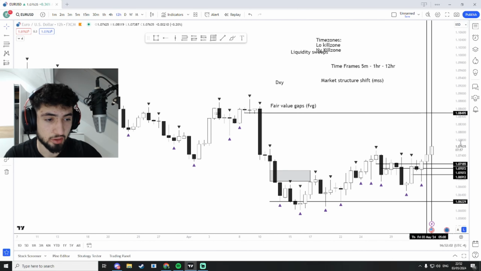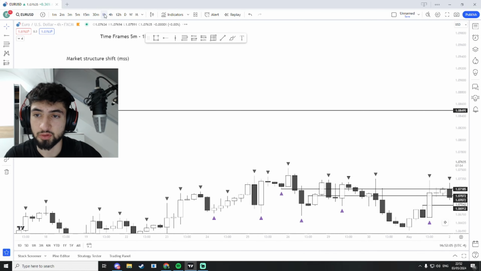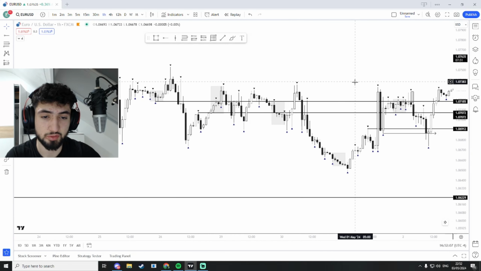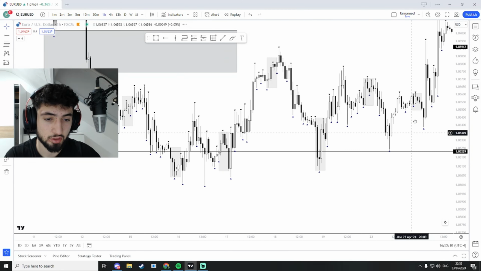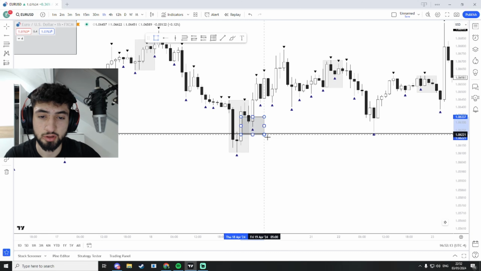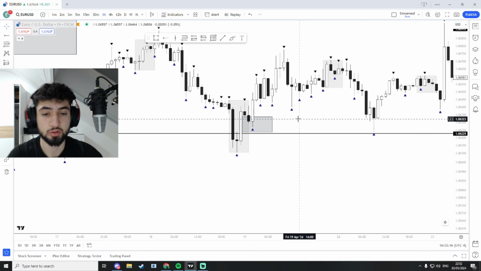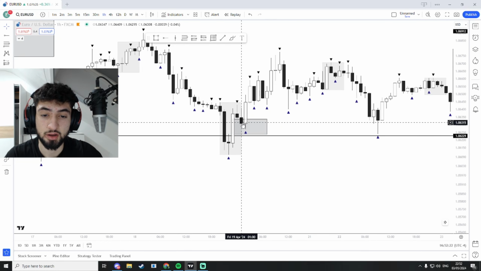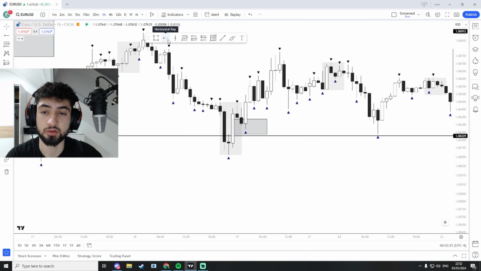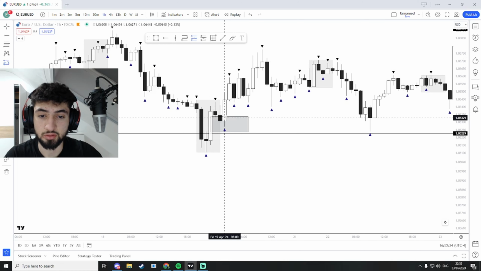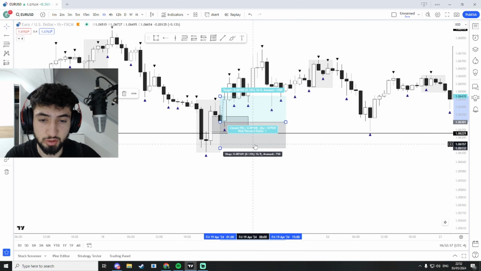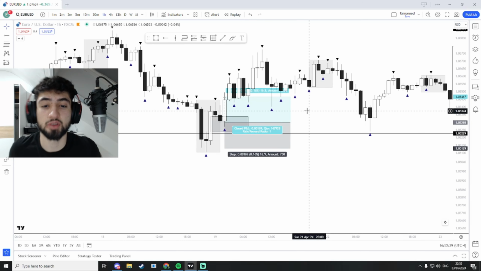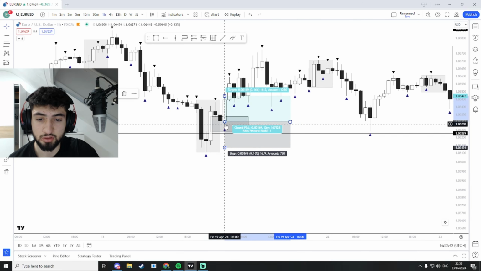Now let's just go to a different fair value gap. Let's see if I can give you guys a prime example of it actually working nicely. There you go, there's one already. Say you're bullish today, you want to see price go up. So you see this fair value gap for buys, I want to see price retrace into it. On this candle, it went into the fair value gap after it created it here. If your bias is bullish and you want a retracement into a fair value gap, you can just look for entries here. You can go to the 5M